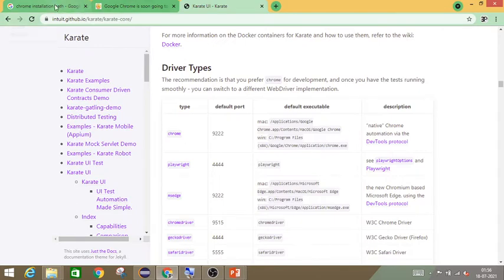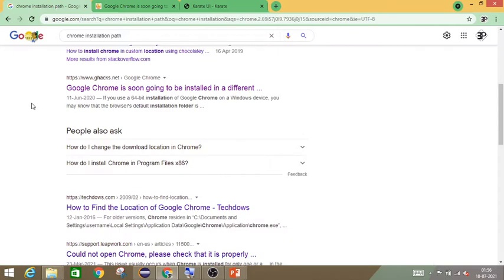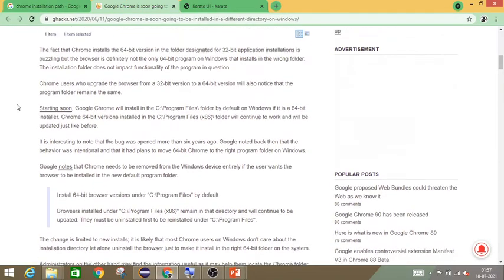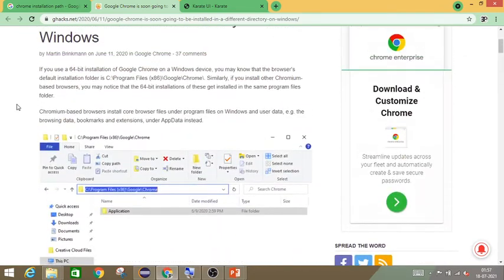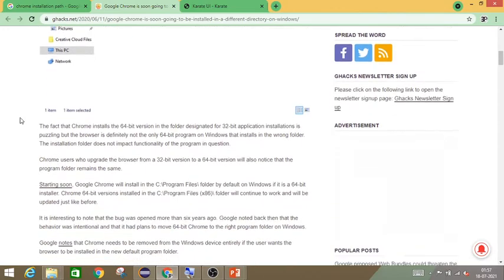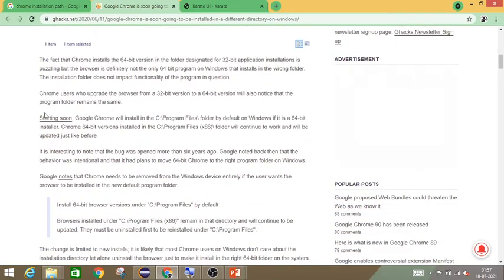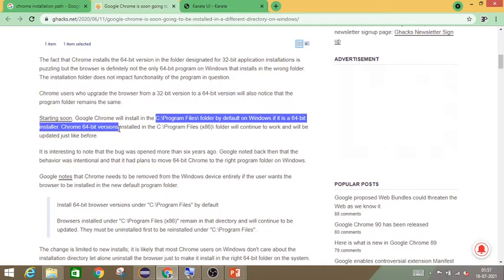But I also went through another article which says Google Chrome is soon going to change. This came in 2020, last year. You can see that initially the path for the 64-bit installation was inside C:\Program Files (x86), but starting soon, I'm not sure what soon means, but now it is: Google Chrome will install in the C:\Program Files folder by default on Windows if it is a 64-bit installer.